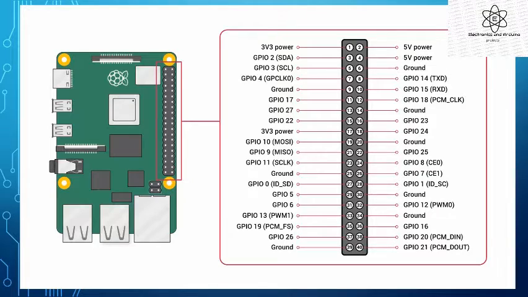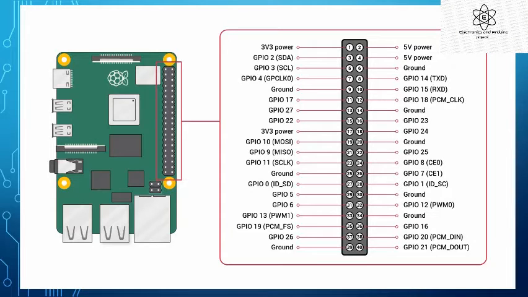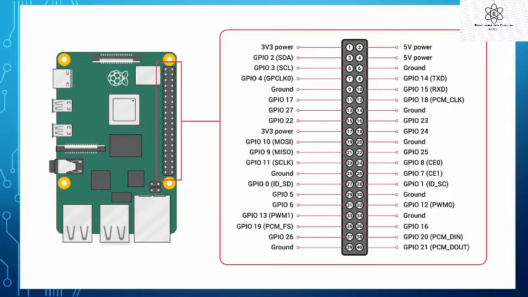Here there are GPIO pins, that is 40 GPIO pins, two 5V, that is 4 power supplies, two 5V and 3.3V. Next,